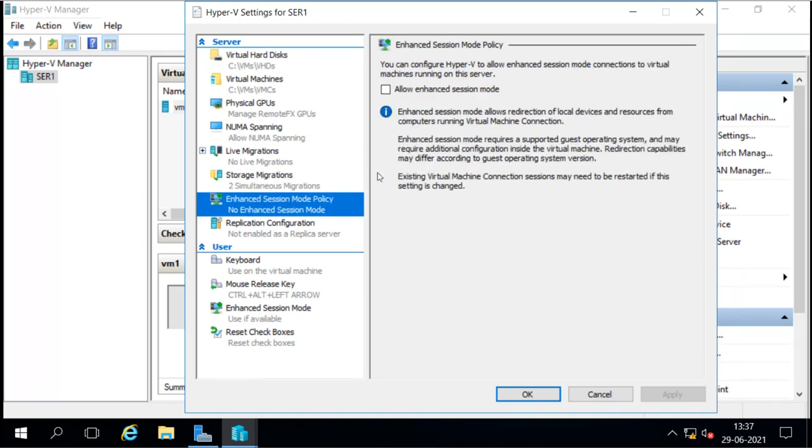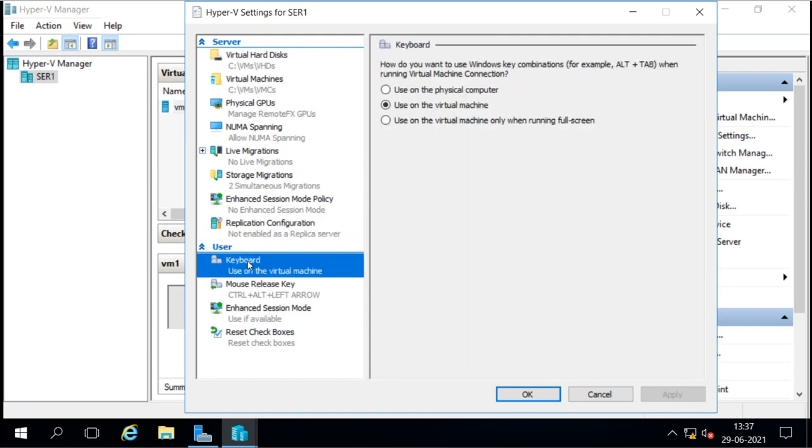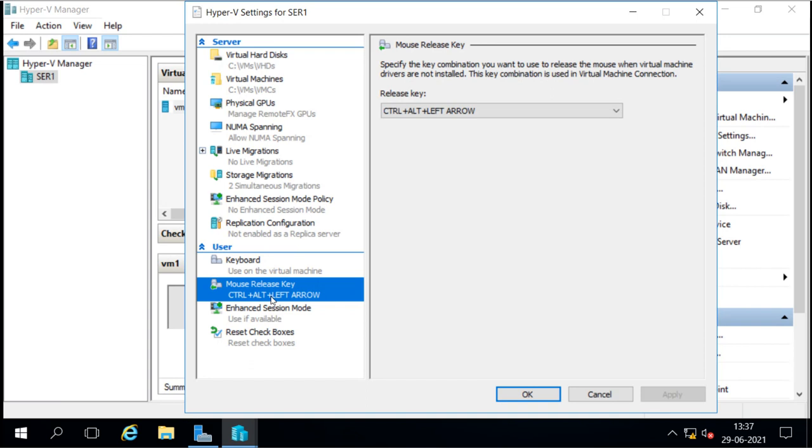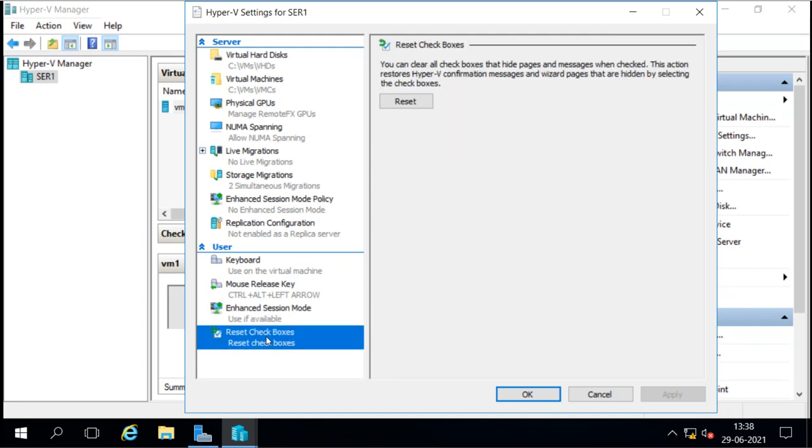We can add the enhanced key management policy. We can also configure the replication. We also have an option to manage the keyboard setting, like using the real keyboard as a virtual keyboard for the virtual machine. Then mouse release, how it is going to release: Ctrl+Alt+Left Arrow from the virtual machine. Enhanced session mode is enabled and available, and there is an option for resetting all the settings.